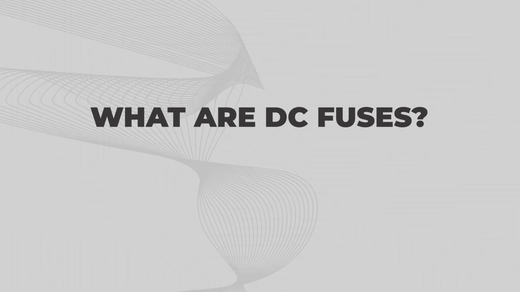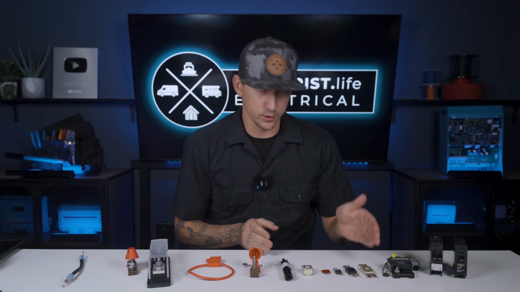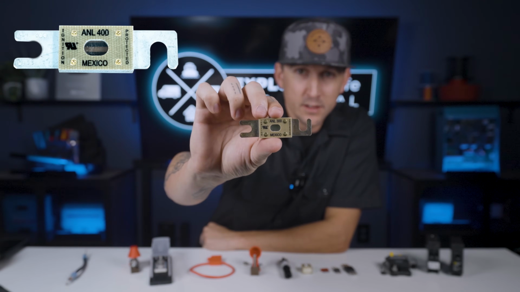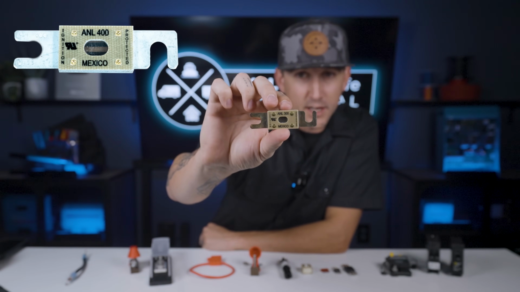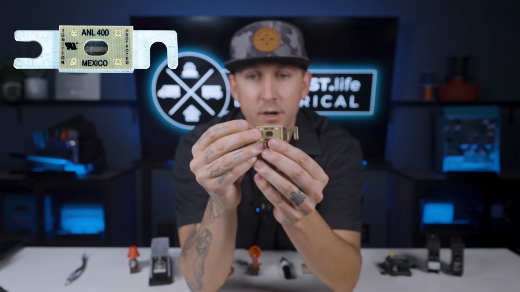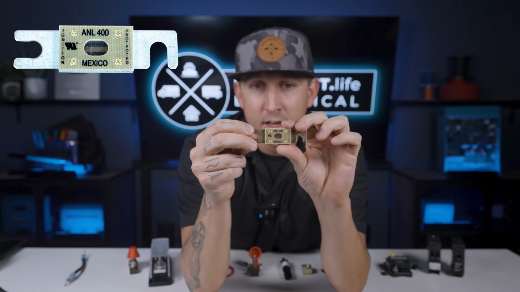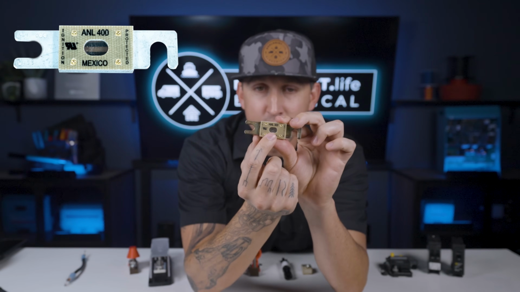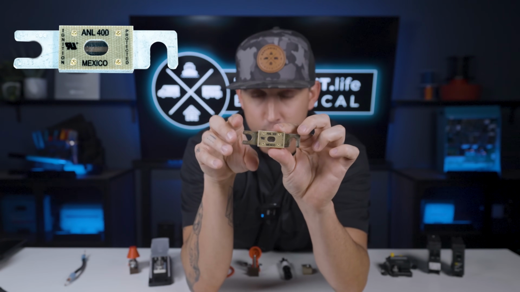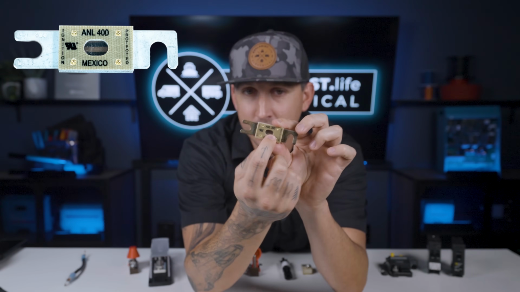What are DC fuses? So we have several different types of DC fuses here, and we're going to just start left to right. We have an A&L fuse here, and this is one of the highest amperage fuses that we have in our systems at shop.explorist.life. And the way that it works is power is coming in one side and out the other side, and then there's a little filament inside of there that if there's too much power flowing, whether that be from an overloaded circuit or a short circuit, that filament on the inside is going to melt